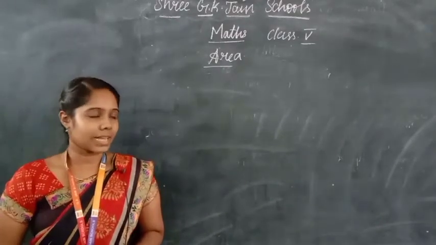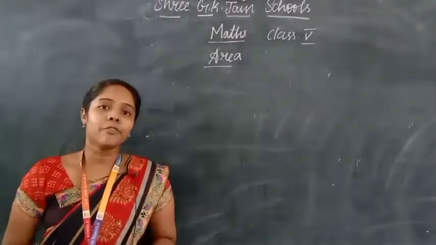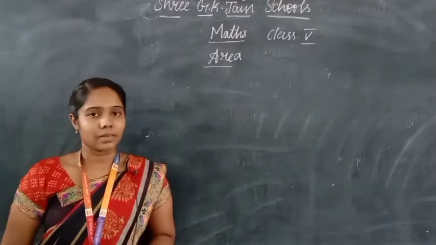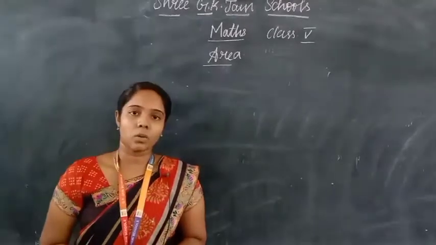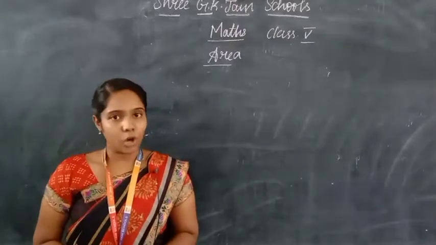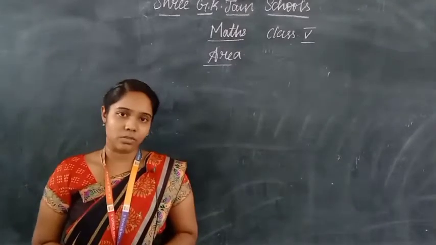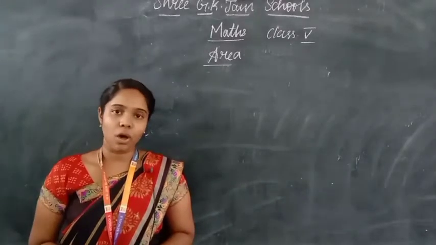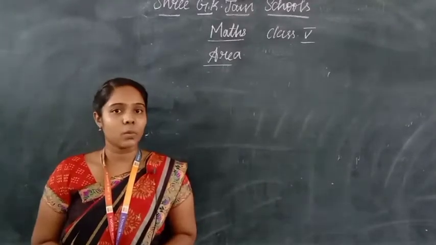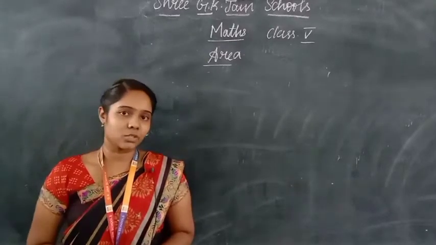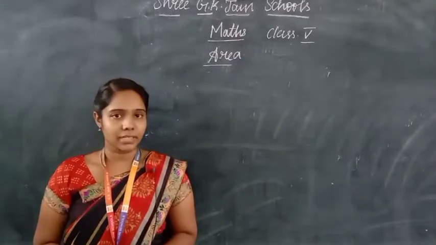In our today's class, we are going to see about the 5th standard maths topic, area. Okay, now let us see the topic. Let us start the topic with a situation. There are a lot of mosquitoes in Kavita's house. She was unable to sleep at night due to the mosquitoes. So, her mother decided to cover the windows with a mesh because the mosquitoes are entering the house through the windows only, right?